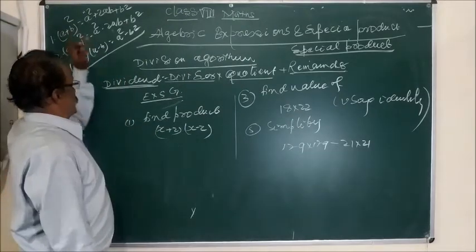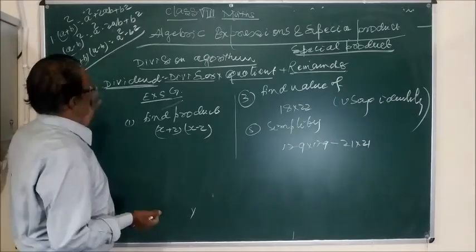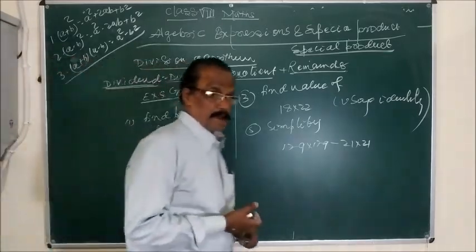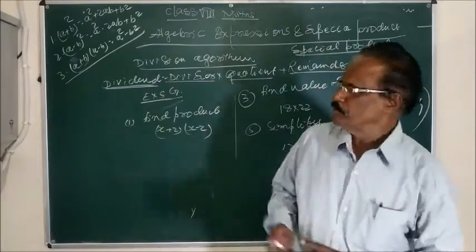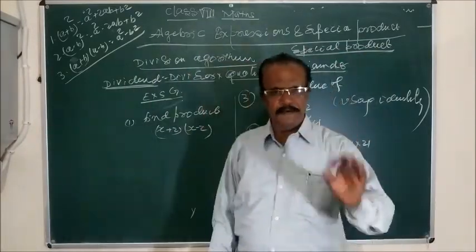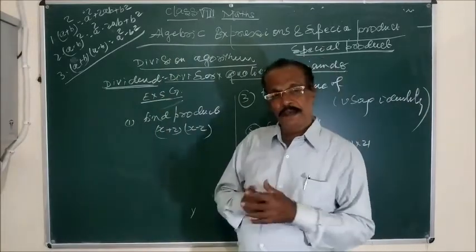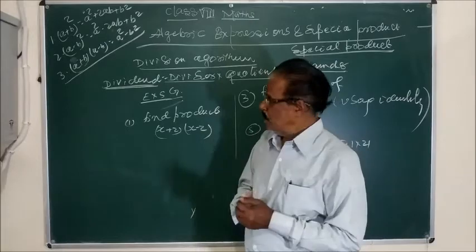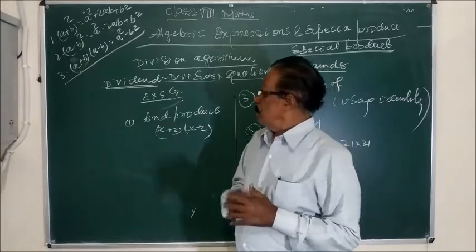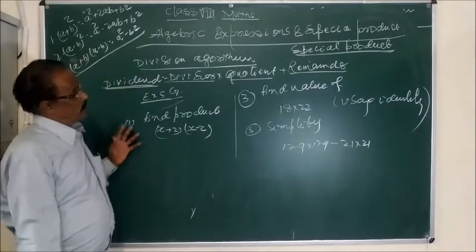So (a plus b) whole square. I have already explained what is the meaning of a square. If you multiply a term or any number by itself, that is called a square. (a plus b) whole square. If you multiply (a plus b) into (a plus b), and if you find the product, you will get this formula: a square plus 2ab plus b square. I have already explained. But now you see some typical questions on